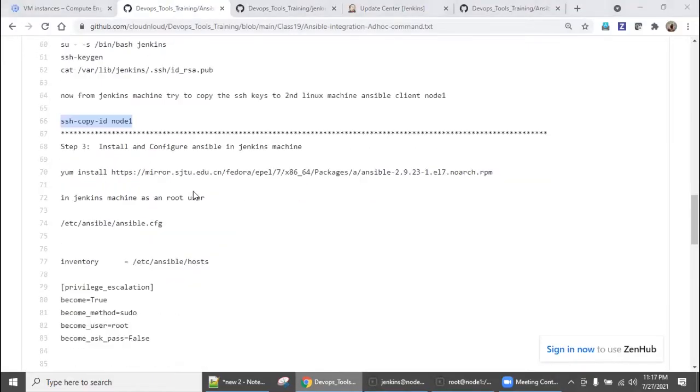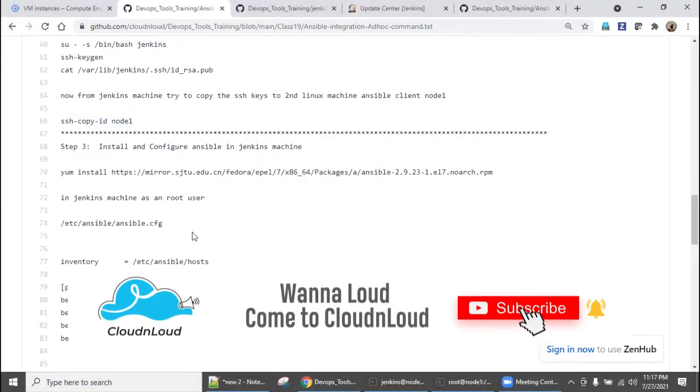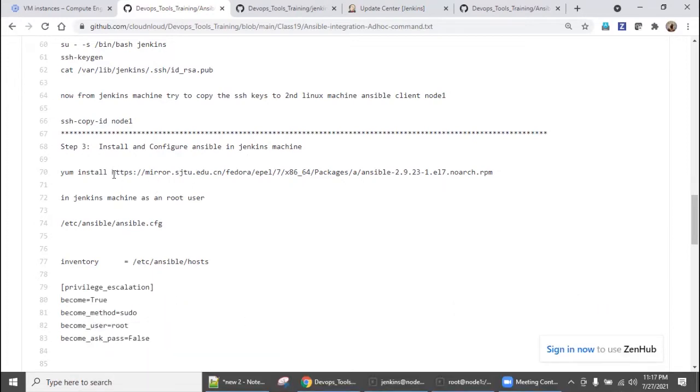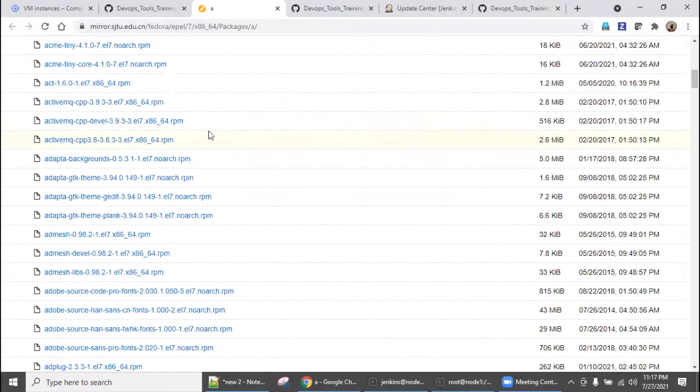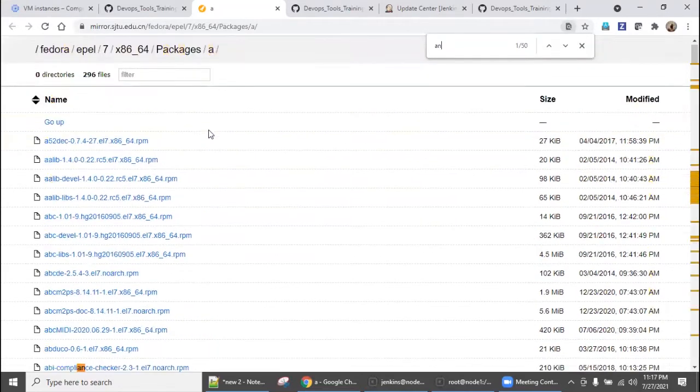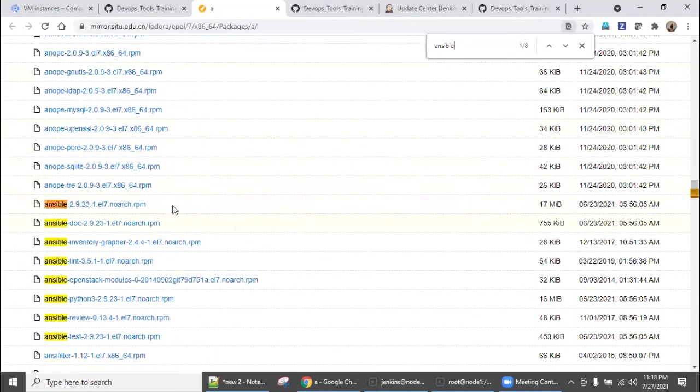So come to the steps, install and configure Ansible on the Jenkins machine. I have given the URL. If you want, let's go to this folder, the repository. There are a lot of Ansible versions, so you pick one.